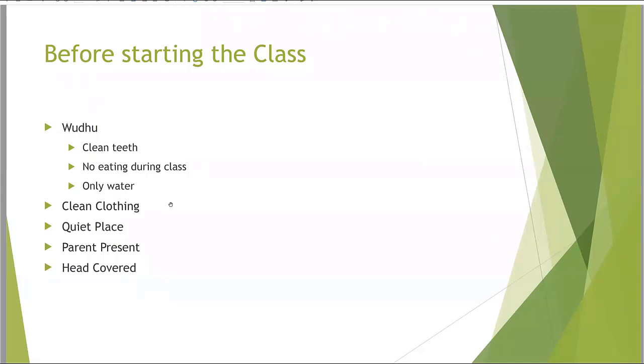Clean clothing. We would like you to wear clean clothing. Again, you may think, we're fine, we don't need to get changed. But if you were to go and visit your aunts or your uncles or some friends of the family, you wouldn't go out wearing dirty clothes. You'd make sure that you were washed, you brushed your hair, that you were clean and presentable, and that you had nice clothes on. When you come to read the Quran Majid, when you come to learn the Quran Majid, you're coming towards Allah. If you're going to dress up nicely for friends and family, you should definitely dress up nicely for Allah, okay? So we want you to wear clean clothes.